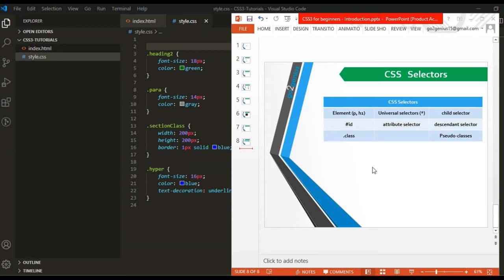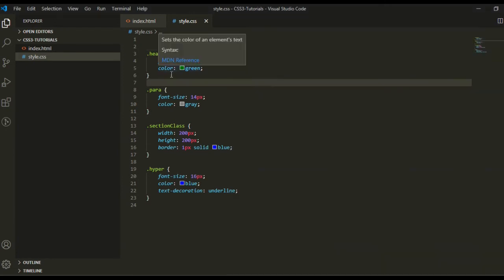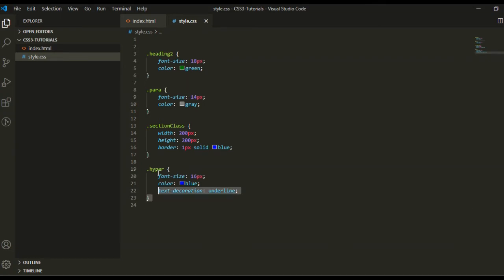With the universal selector you can select all HTML elements with a single selector. The universal selector is represented by the star notation. As we have seen, the ID selector uses the hash and the class selector uses the dot. In the same way, we use the star to select all HTML elements. So let's see. But before that, just remove this code from here,